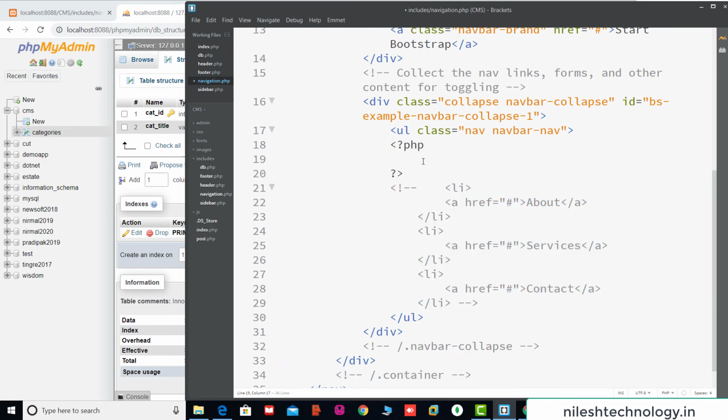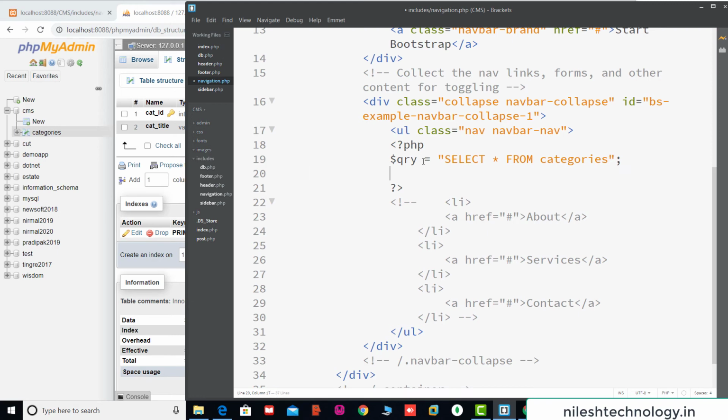Here we use one query: $query equals select star from categories. Then this is the result: mysqli_query, where we execute this query with connection comma query.